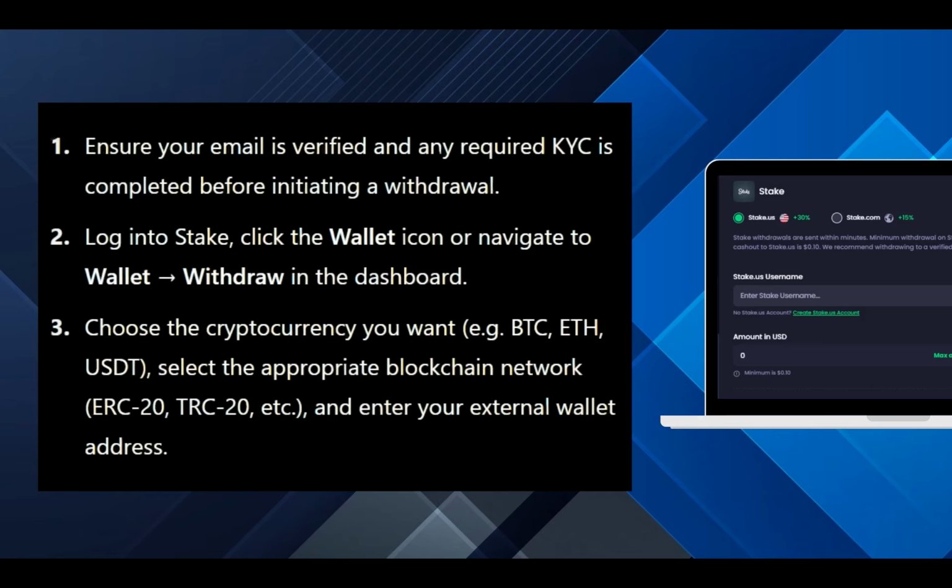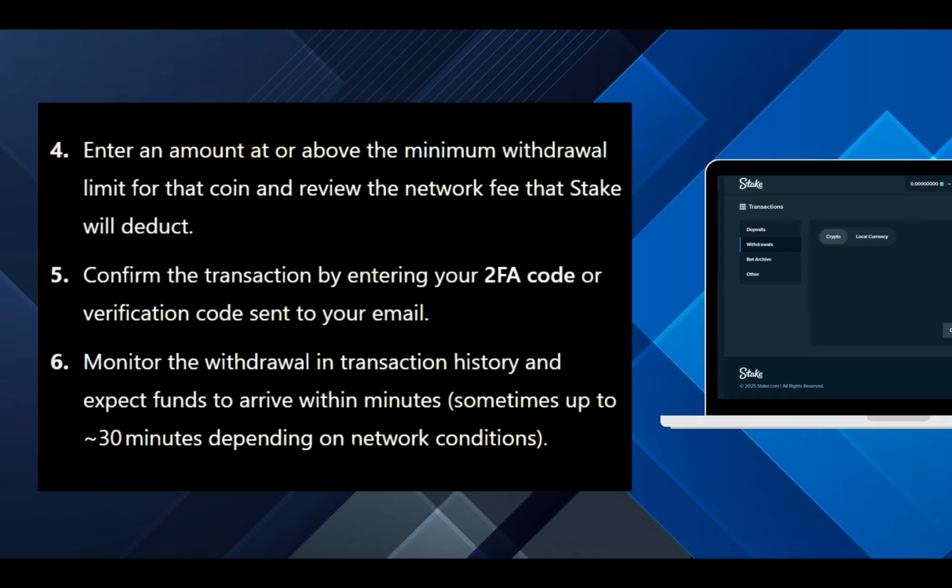Now, log into Stake, click the wallet icon, or navigate to Wallet, and select Withdraw in the dashboard. Choose the cryptocurrency you want, select the appropriate blockchain network, and enter your external wallet address. Then, enter an amount at or above the minimum withdrawal limit for that coin, and review the network fee that